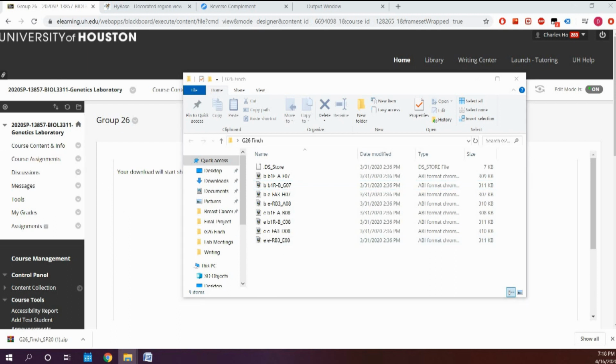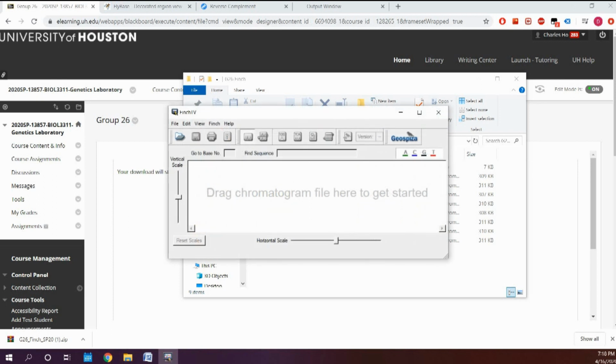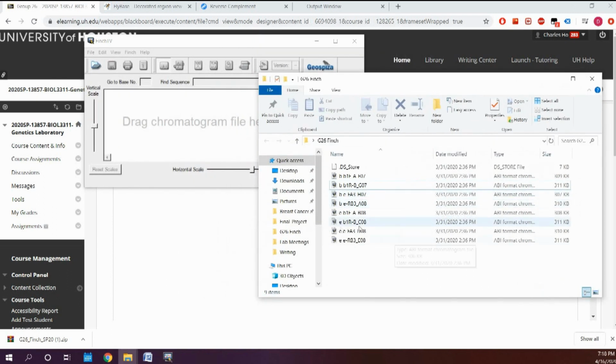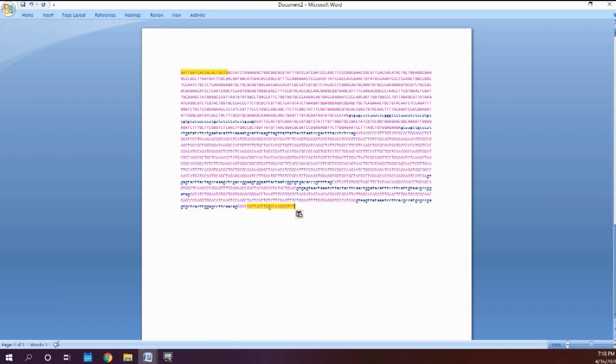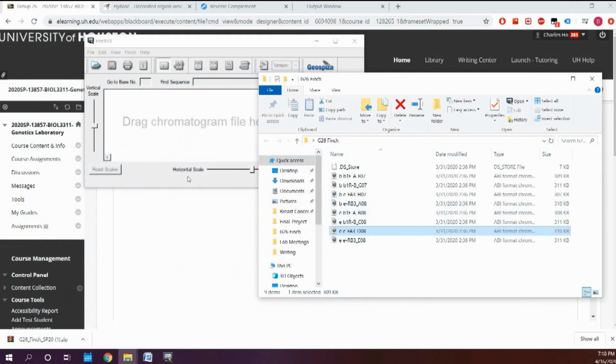So first thing you want to do is open up Finch TV. So here it is, Finch TV. And you want to drag your file. So this is using the reverse primer, and this is using the forward primer, and this is using the reverse primer. So if you remember from here, I think this was actually the forward primer. So this is where I'll start scanning for mutations with the forward file, and then this is where it's going to start scanning from the reverse file. So we'll come back to this, but let's do